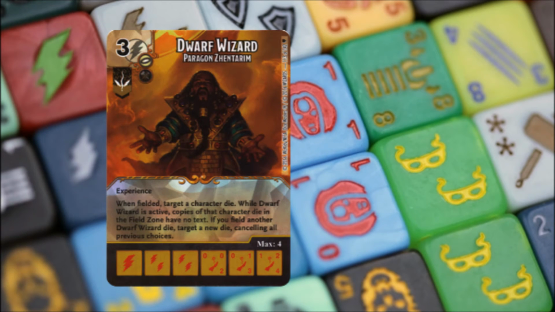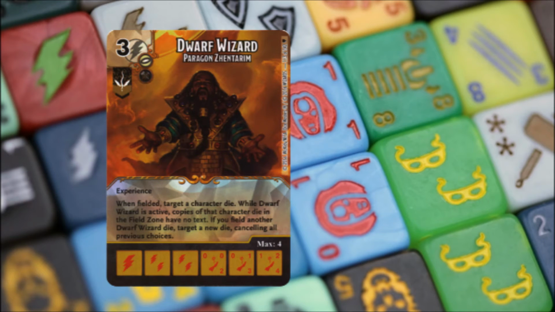Forget about the experience ability. That's not important. What is important is it says, when fielded, target a character die. While Dwarf Wizard is active, copies of that character die in the field zone have no text. If you field another Dwarf Wizard die, target a new die, canceling all previous choices. Now, I know that's a lot of card text to try and understand, but what it basically